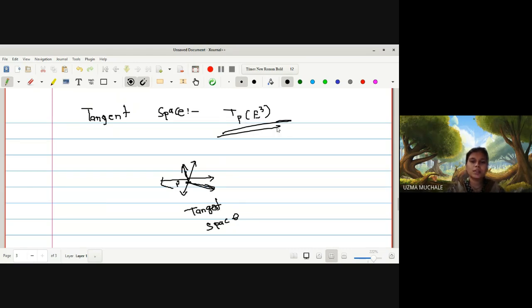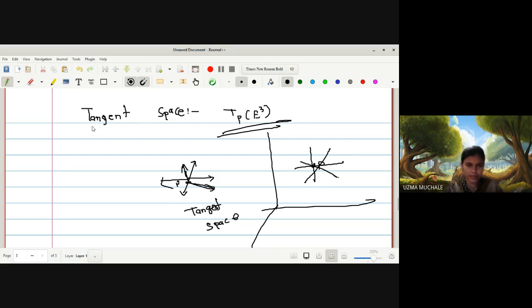Why is it called E3? Because P is a point from E3 space. Suppose this is our E3 space, and suppose here is a point P. So all the tangent vectors which are passing through this point P are in the tangent space TP of E3. We can say all the tangent vectors which have the same point of application,